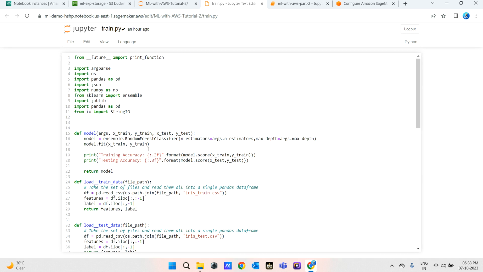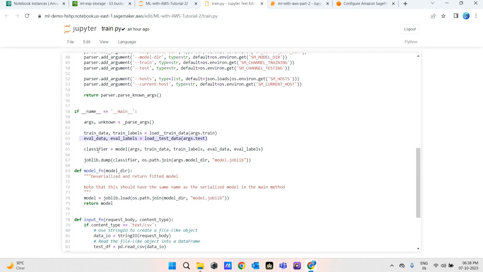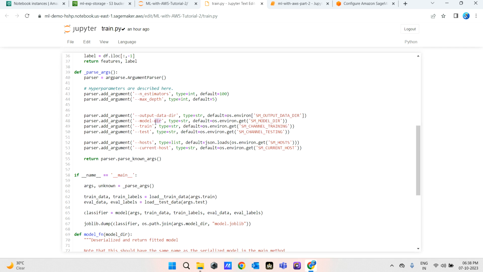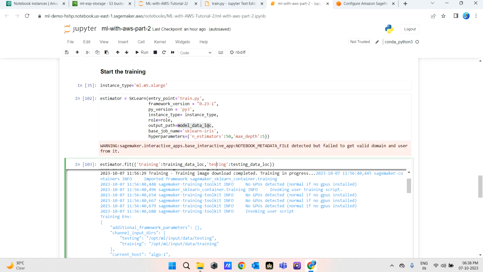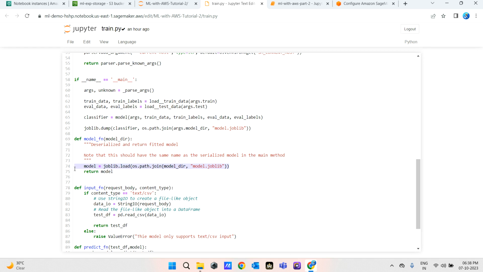So for the model we have a different function. In the model we are passing our training set and testing set. We are fitting the model, and later on we are returning the model. So this model is getting saved here. You can see joblib.dump. Whenever you do the joblib.dump, you are passing that model directory, which came from this output path. So whenever you run this code, the model will get saved in our output directory, which is our